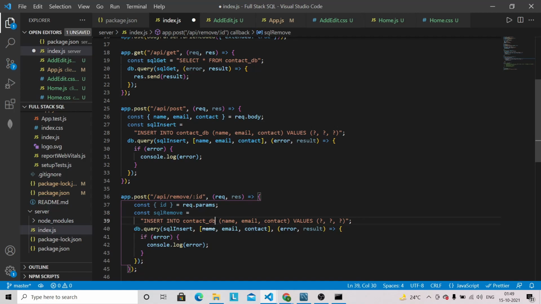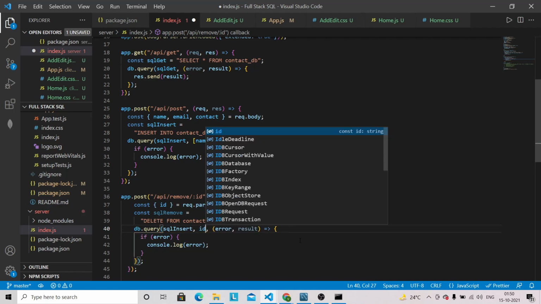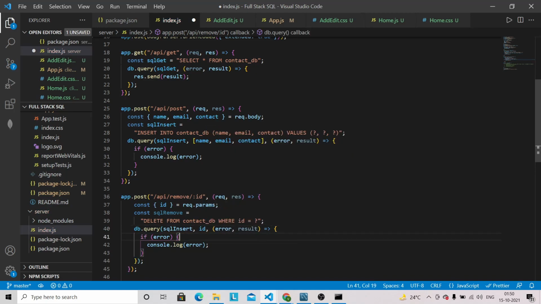Okay, and the query will be completely different for deleting from the SQL database. So delete from contact DB. Okay, and we can specify here where ID equal to this. Since we have only ID, we can pass it this way. So there is no requirement of an array if we have a single argument. Okay, now we have to put this SQL remove here,